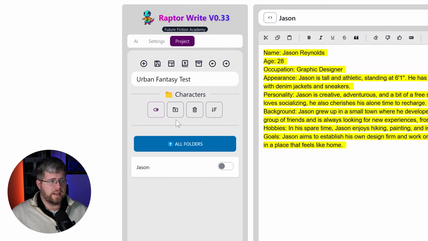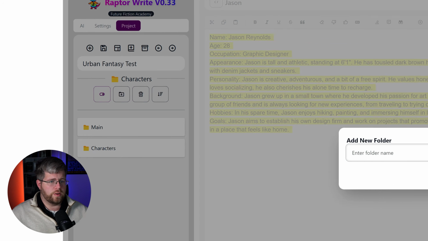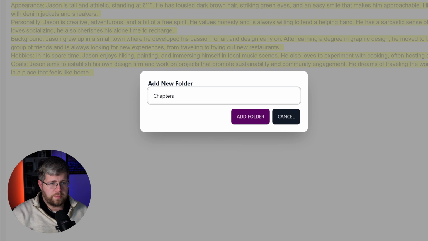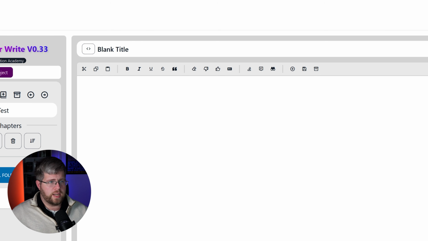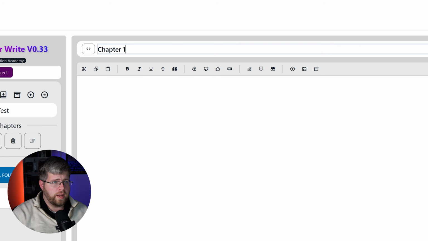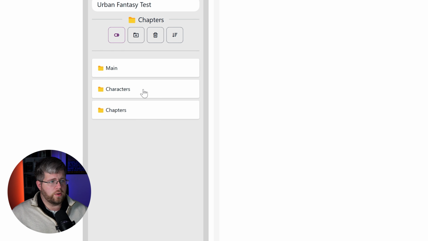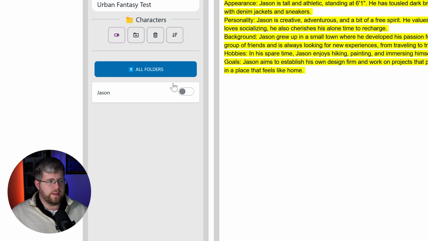And then the next thing I could do, let's say I go out of this folder and I want to create a new folder that's the chapters. And then in here, we'll say this one is called chapter 1. I can actually go through these folders and determine which ones are actually used in the prompting and which ones are not. So if I want this one turned on, I can come in here and say, okay, this one is toggled on. That means the chat is going to remember it when we get to writing the prose.